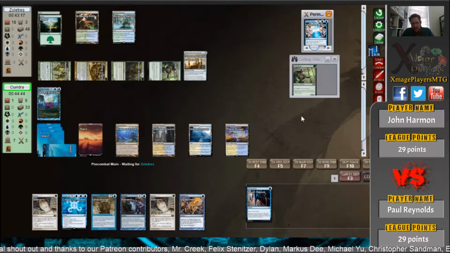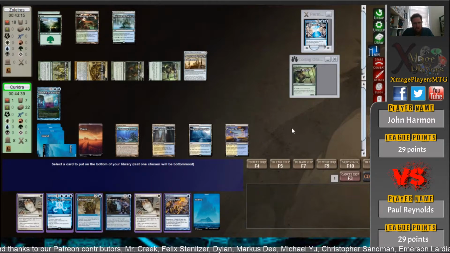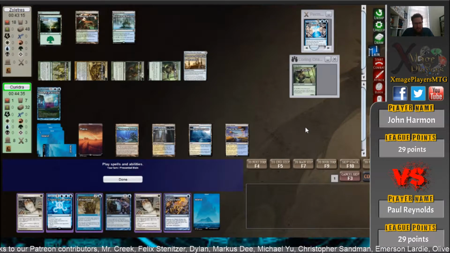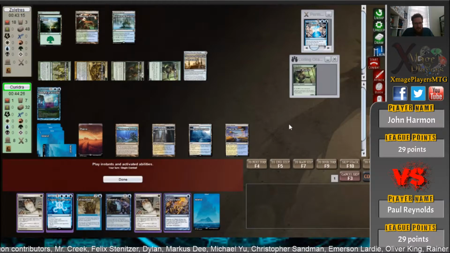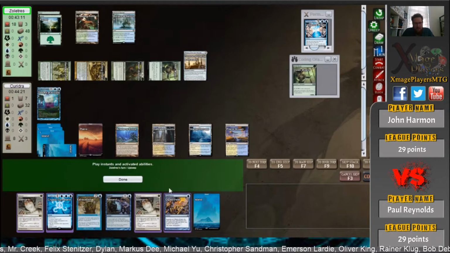I think he's just getting it out of his hand for the sake of it. And now he's digging for the win condition. But you can see here, he doesn't have an extra turn in hand. So he's got a top 1 here. He's got Dictate to...